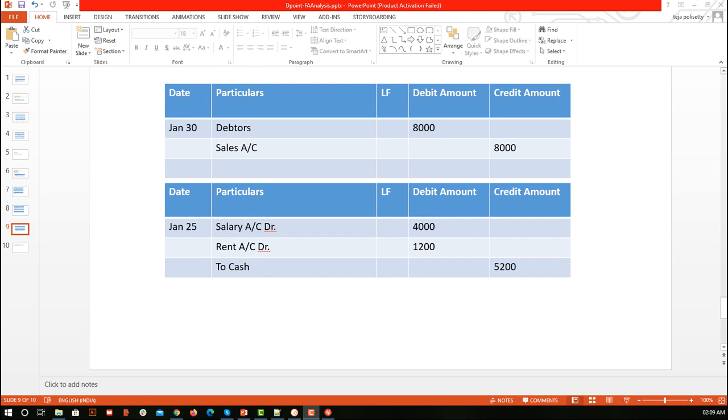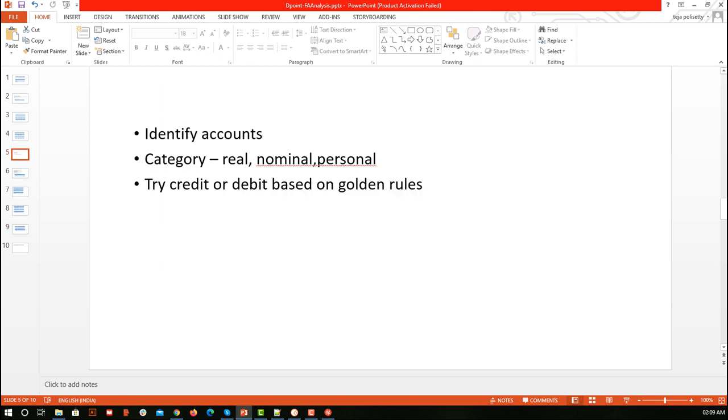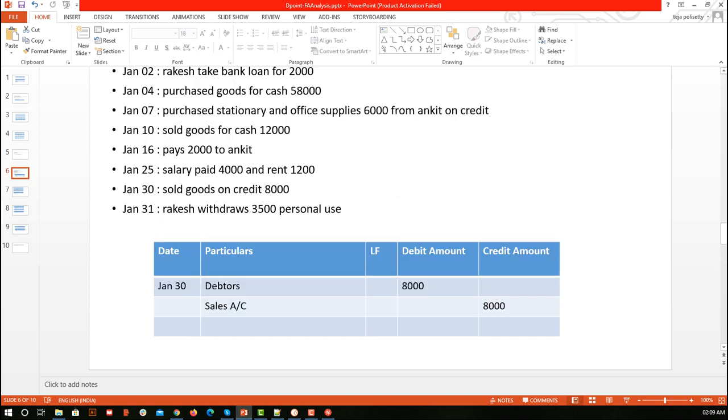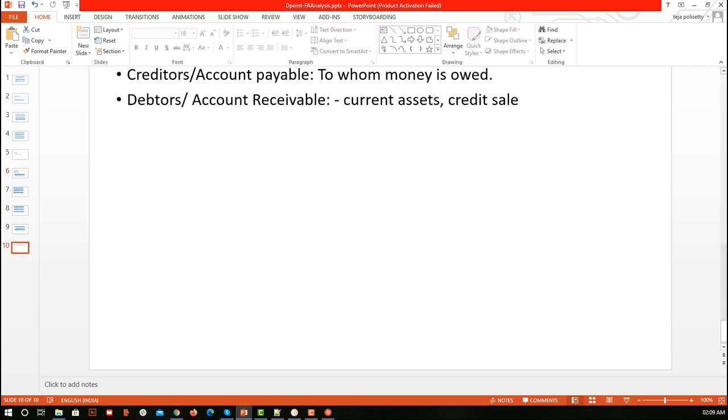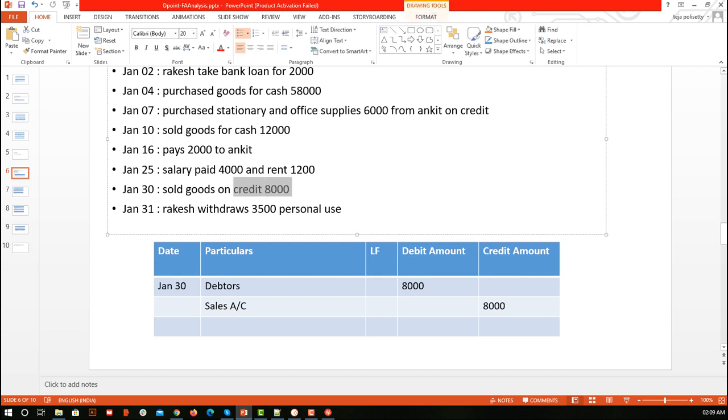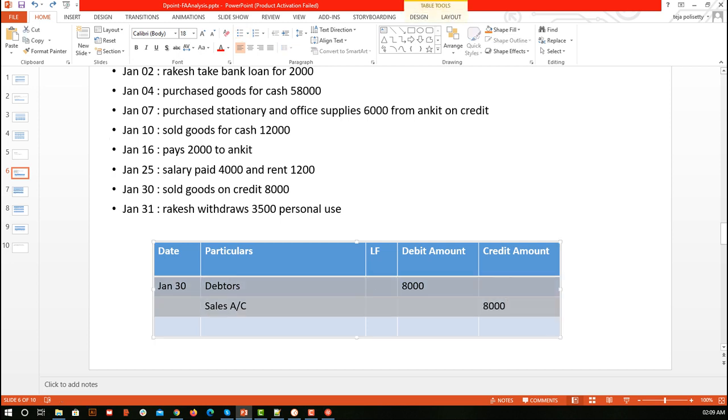Okay, now our final transaction. Here the good thing is, if you have normally read about accounts receivable and accounts payable, you could have forgotten, but because we came across this problem, we came to know that a credit sale means the account has to receive the amount, so accounts receivable is also known as debtors, and it is the debited part of the transaction. Okay, now our final transaction, let me clear this, Jan 31.